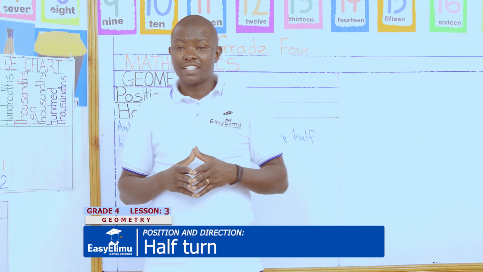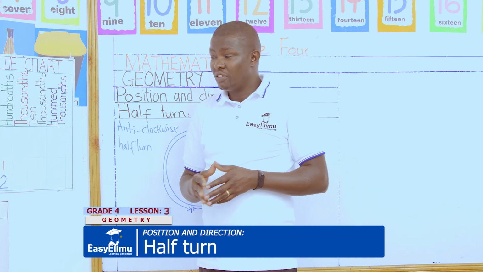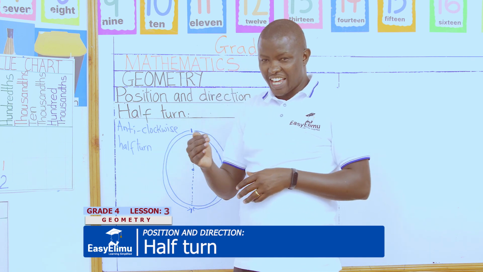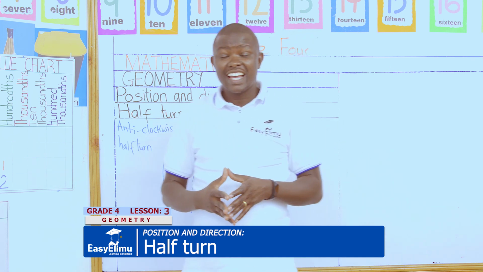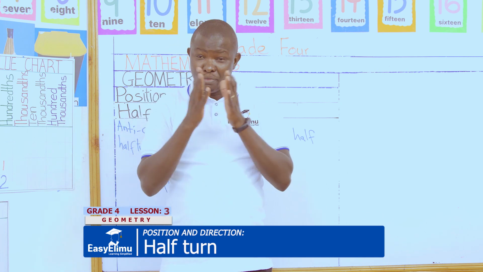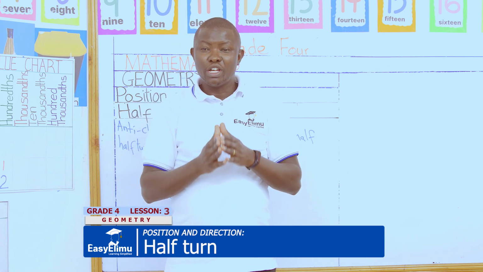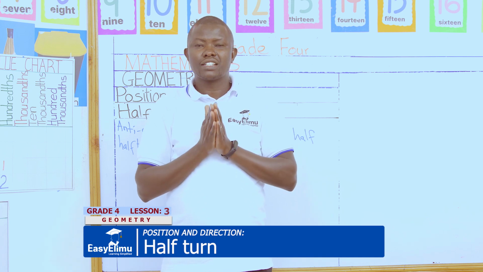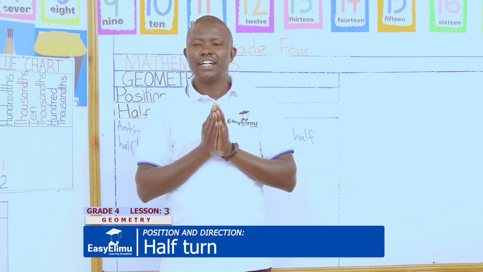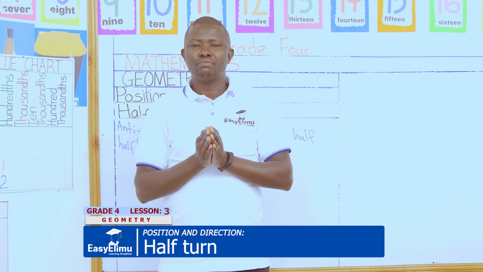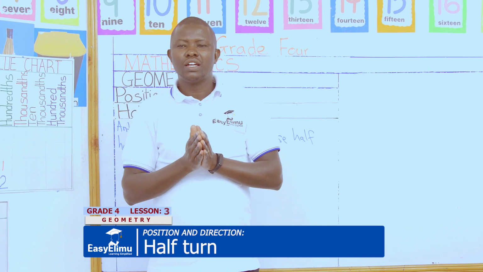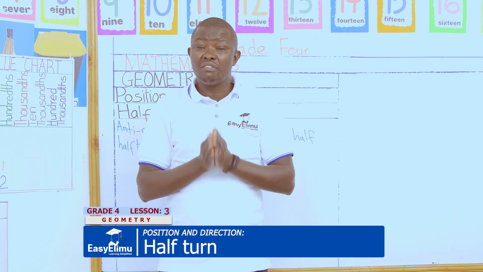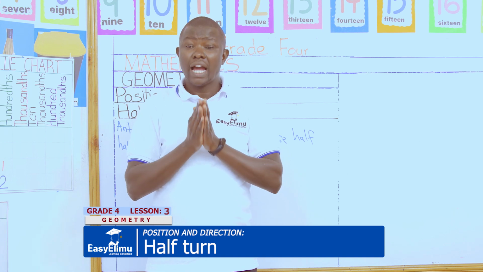It is helping us to change our position from one point to another. And this is the end of our lesson. But remember to make half turns in the field in pairs. Walk outside together during your break time, your free time. Let your partner observe you as you make a half turn,